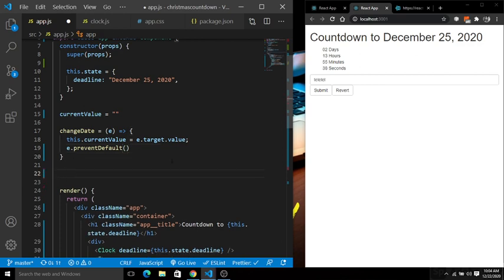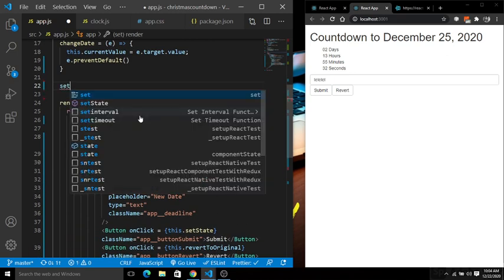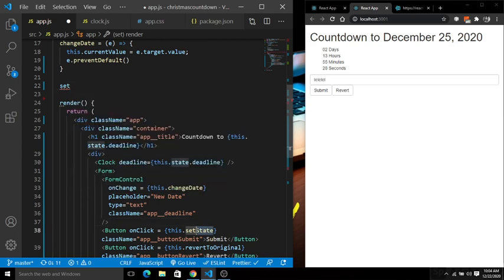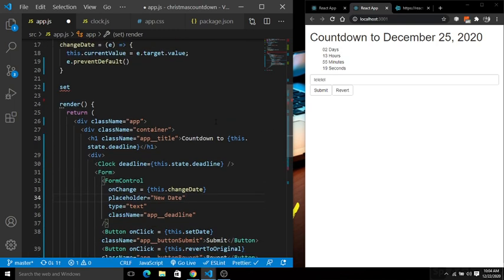Now next, you have to create this function. Instead of setState, I am going to simply create the setDate, so this.setDate, and this.revertToOriginal. So let's go and create the function setDate.